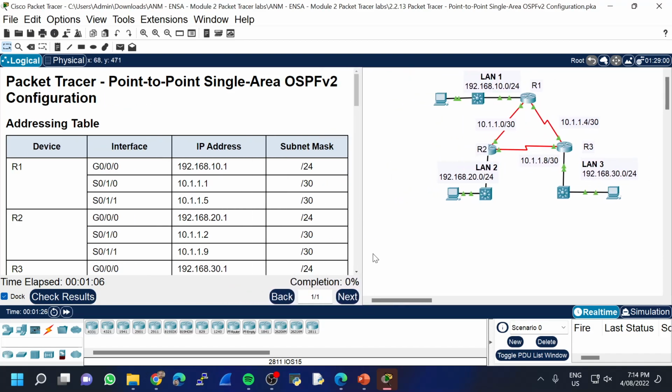So there you go. We do have 3 routers here, router 1, router 2, router 3. Each one of these routers is connected to a local area network. Router 1 connected to LAN 1. Router 2 connected to LAN 2. Router 3 connected to LAN 3. What we're going to do here is extremely simple, mate. We're going to configure OSPF on router 1, 2, and 3. Before we start,